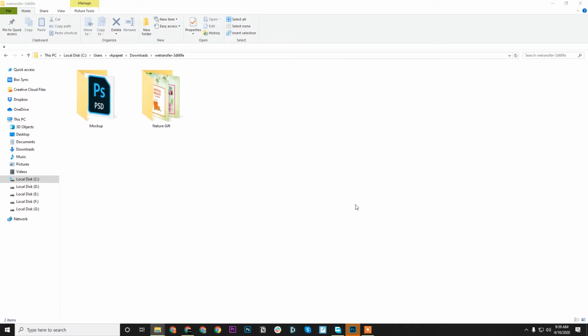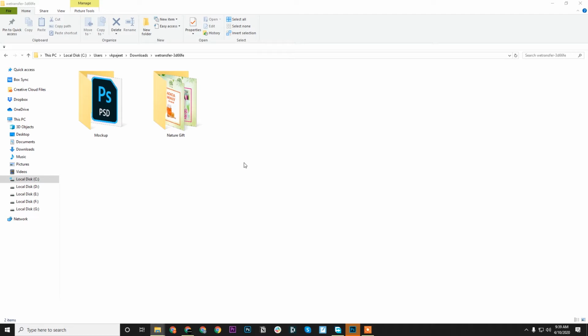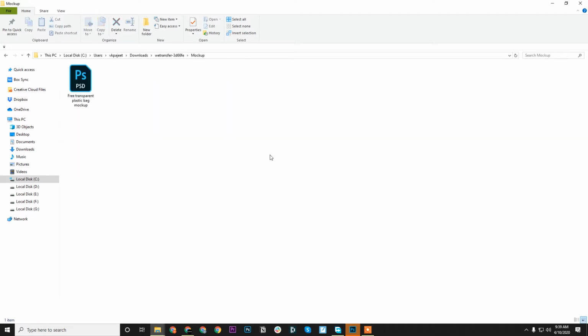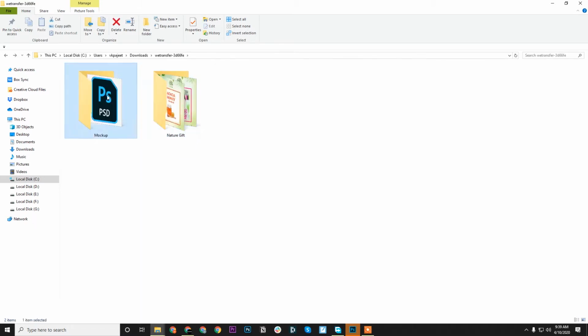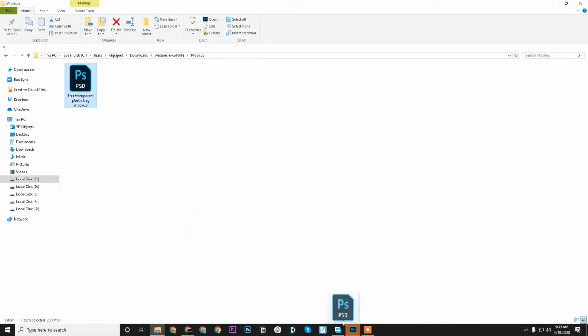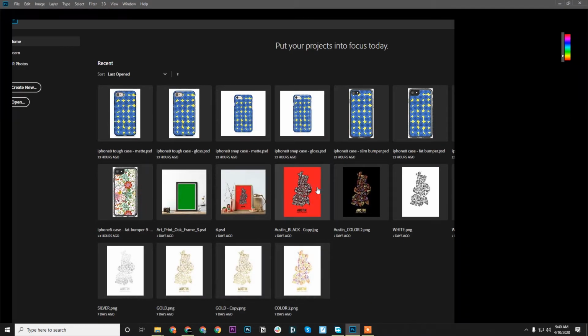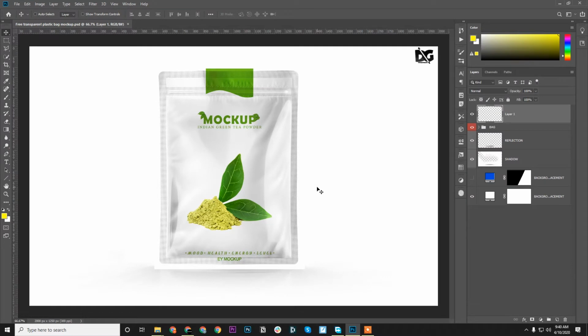So there are some issues with your files that I would like to point out and explain how to fix them. So I have your mockup folder here, I mean a mockup template, and your images here. First thing, when I open your mockup in Photoshop, let me explain how it works first. Okay. So where are we supposed to change the design? We are supposed to change the design in the smart object layer.